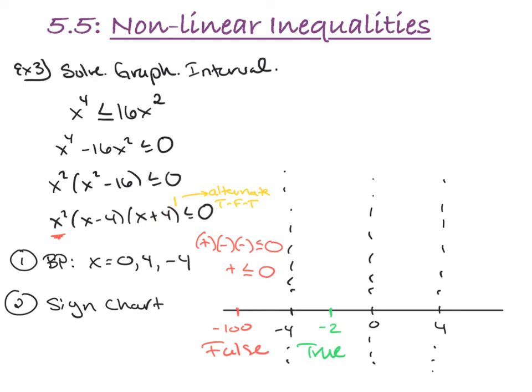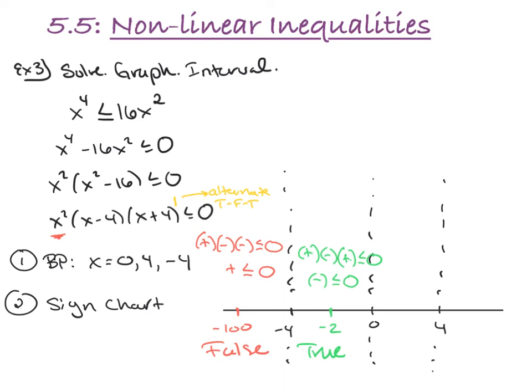If you don't want to remember that, that's okay. You can always pick your x equals negative 2 and plug it in. But notice what happens when I pick x equals negative 2. Sure enough, x squared is always positive. Negative 2 minus 4 is certainly negative, and negative 2 plus 4 is positive. And a positive times a negative times a positive is definitely negative, less than or equal to 0, so I get true. So if you wanted to skip this little piece right here,